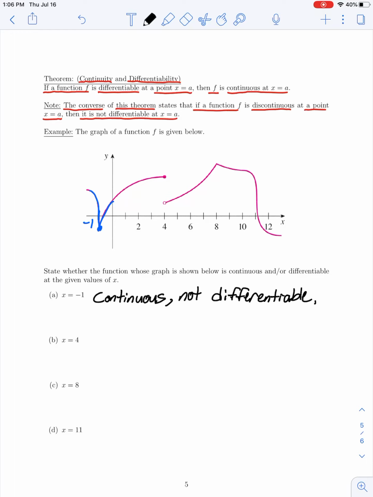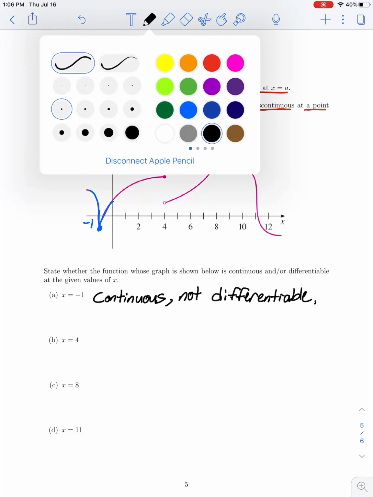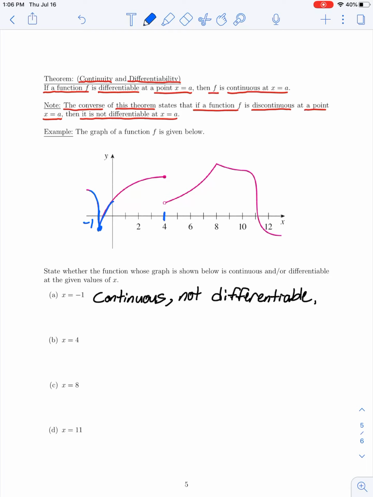at x equals -1. Now the next point that we're asked about is at x equals 4. So at x equals 4, we see that we have a jump discontinuity. Our function is continuous from the left, since the left-hand limit equals the value of the function. However, our right-hand limit is a different value. We see this jump occur. So we would say that this function is not continuous. And if a function is not continuous at a point, that implies that it's also not differentiable there. So here, not continuous and not differentiable